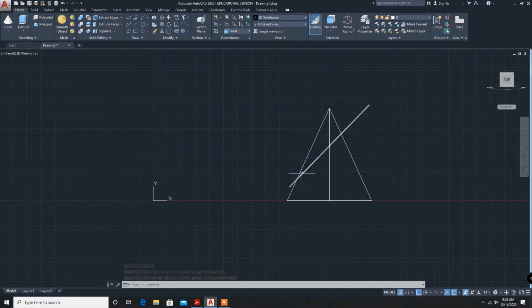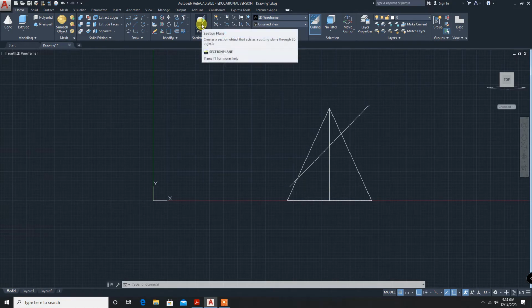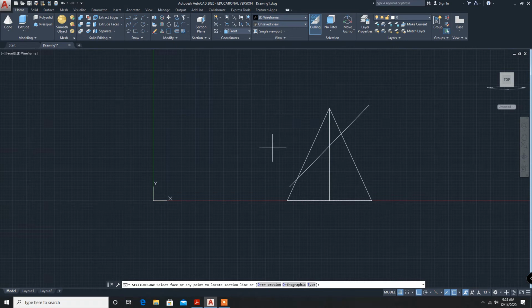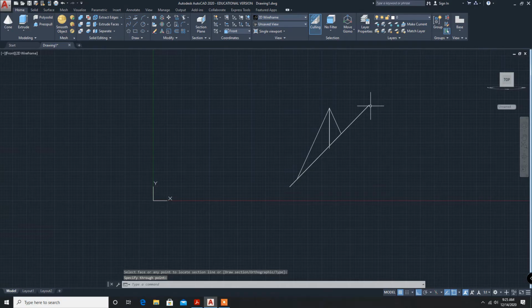Now we have to section the solid. For that we have to click on section. It is asking for the first point and the next. This bottom part is removed, but I want to remove the above part.